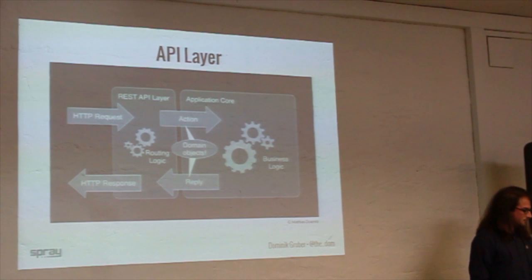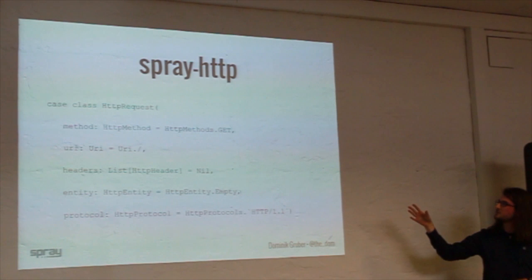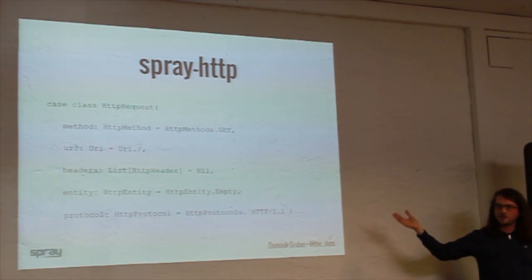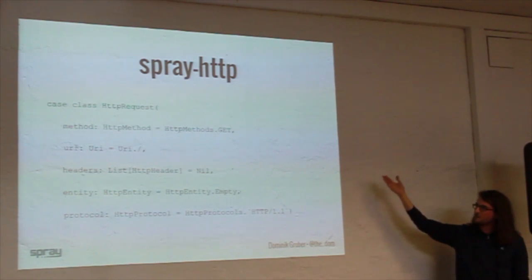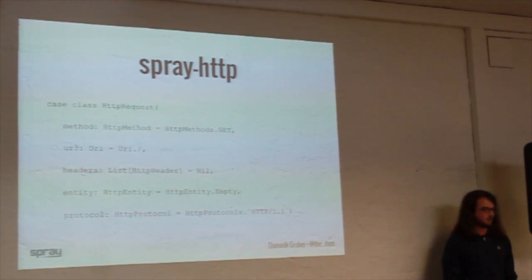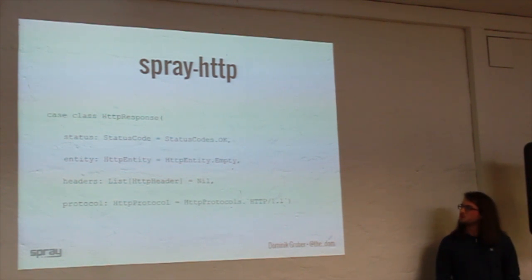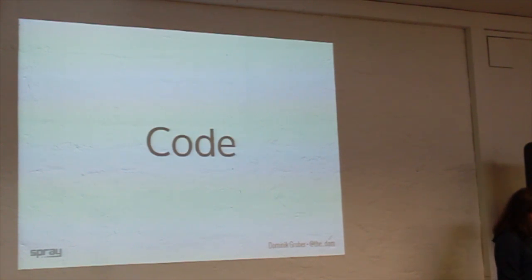Okay, thank you. All right, I apologize for the lack of syntax highlighting, but I'll switch to IDEA later, so this is just two slides. This is Spray HTTP. Remember, this is just the HTTP model. So for instance, this is the case class for the HTTP request. You see the method, it's GET by default in that case, and the URI, a list of the HTTP headers that were sent, and the entity. The response looks similar and I guess familiar. This is just the domain model you will work with if you work with Spray.